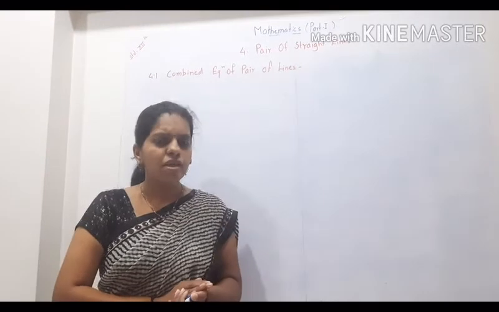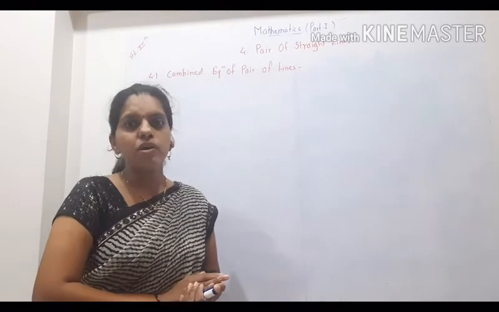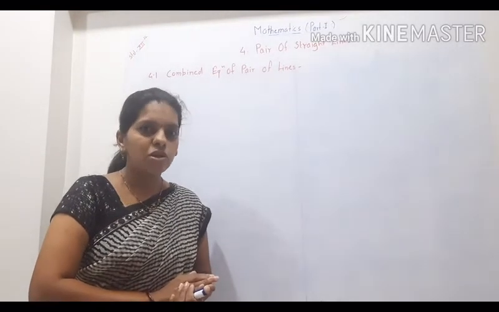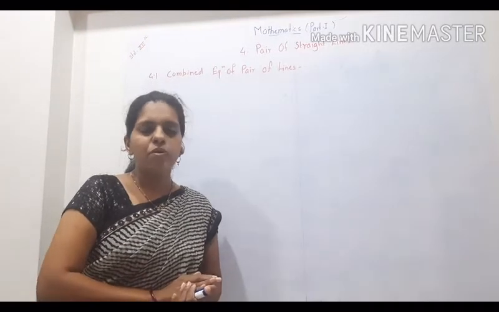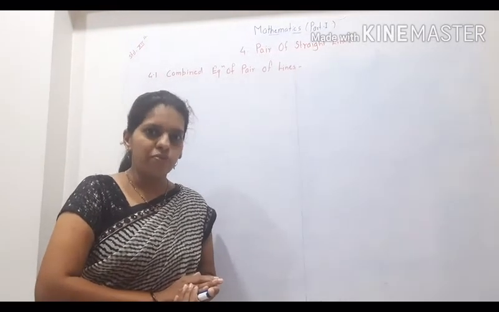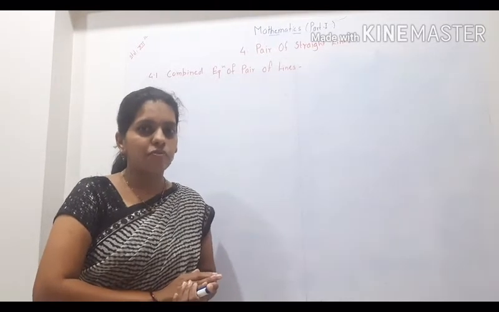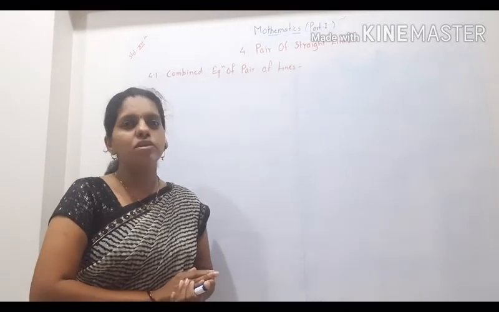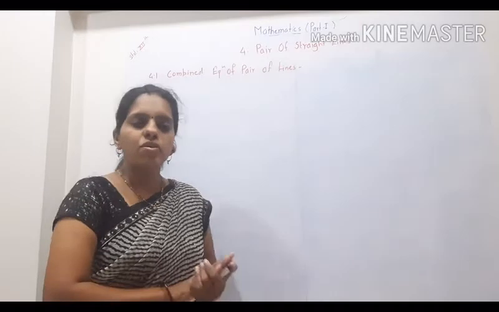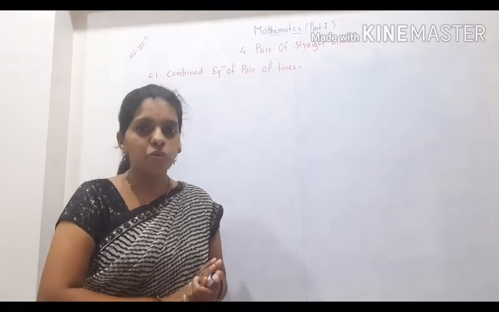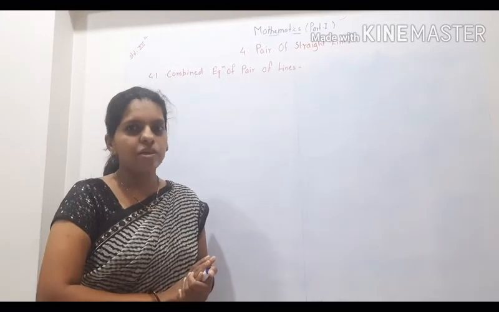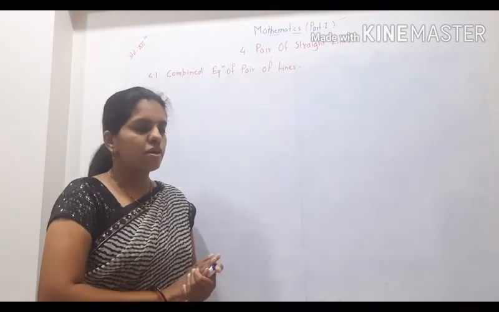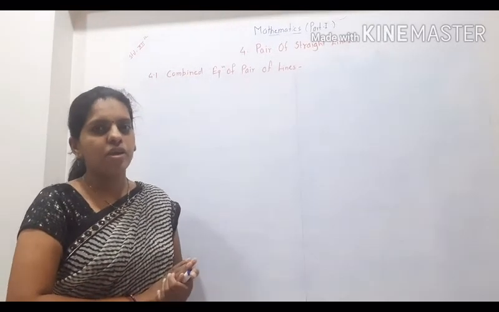Also, we have seen in the 11th the angle between any two lines, that is the acute angle, is given by the formula tan theta is equal to modulus of (m1 minus m2) upon (1 plus m1 m2), whenever the slopes of the two lines m1 and m2 are known. In the same way, we have the formula for the distance of a point from the line. Also, we have the formula for the distance between the two parallel lines. हे तुम्ही सर्व आर्टिकल्स 11 च्या बुक्स मधून रिवाइज करावे। तर आपण 12th साठी जे फर्स्ट आर्टिकल आहे त्याच्याकडे वळतोय।